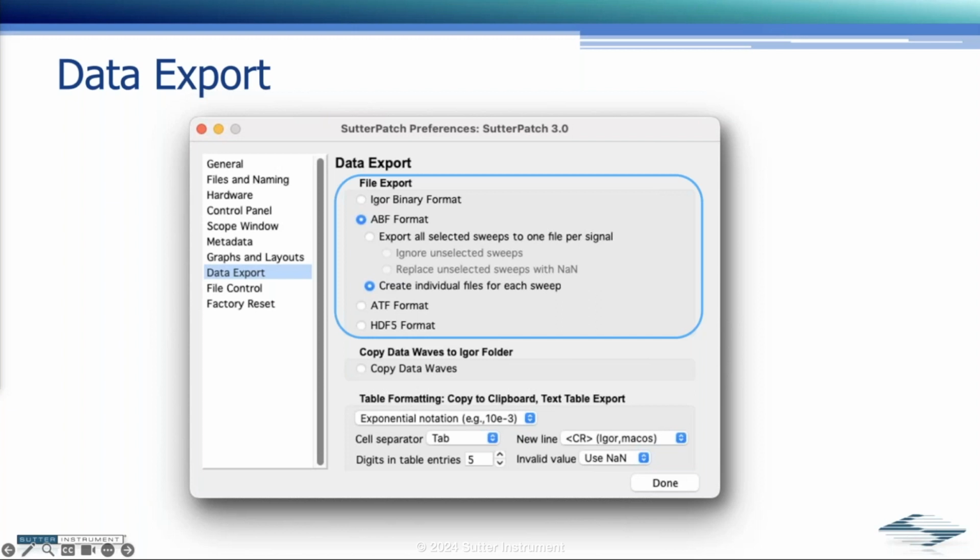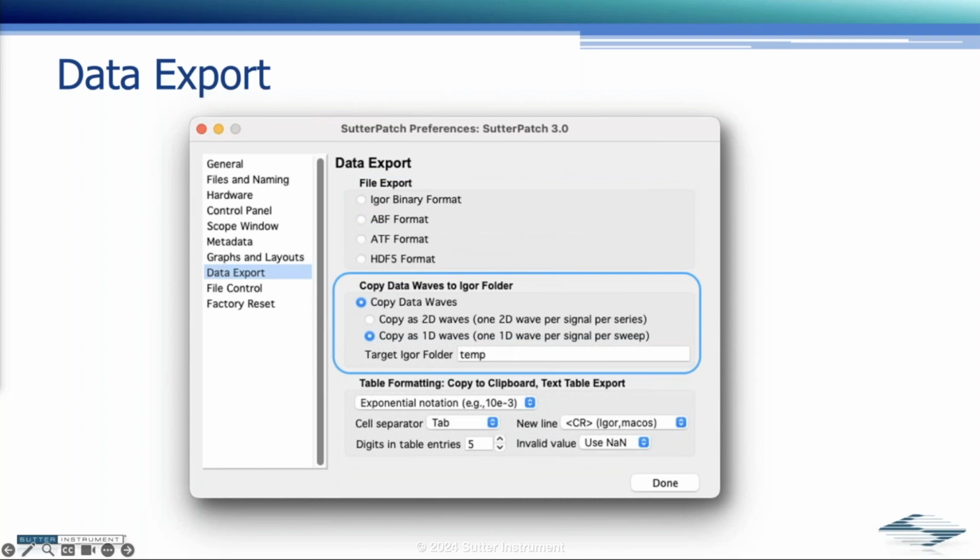Throughout all the various levels that we just saw, there were data export selections. Data export uses predefined settings that are set in the set preferences data export window. Shown here are the various file types that can be used. Each file type may have specific options that will also need to be set. For ABF format, we use header version 1.85 requirements.